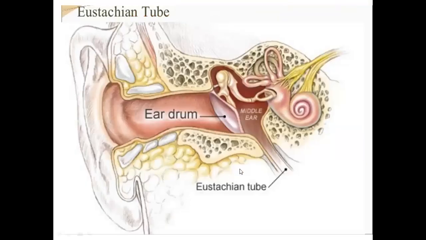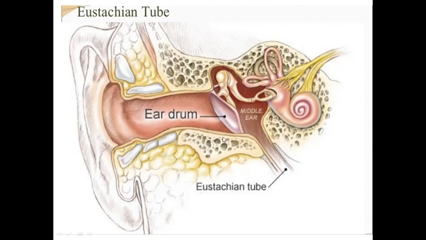So this is the eardrum. This is the head of the malleus. This is the neck of the malleus. This is the handle of the malleus, which is attached over the convex side, or inner side, of the tympanic membrane. And this is the lateral process, over which the anterior and posterior malleolar folds are attached, and this is the anterior process, which is attached with the anterior wall of the tympanic cavity.